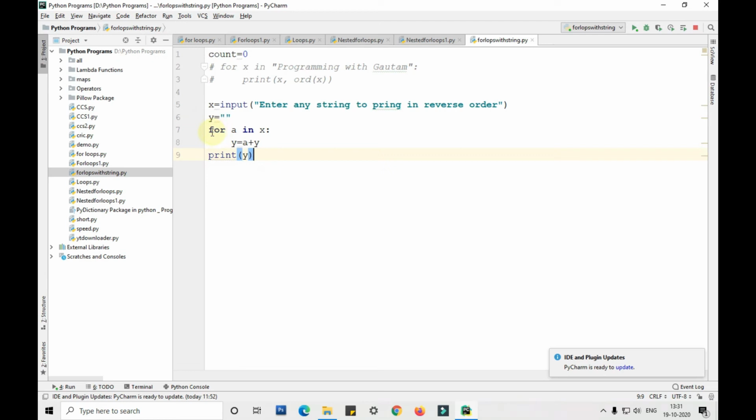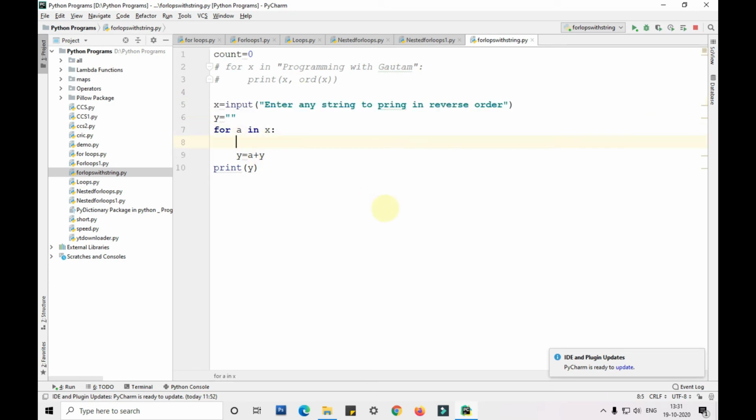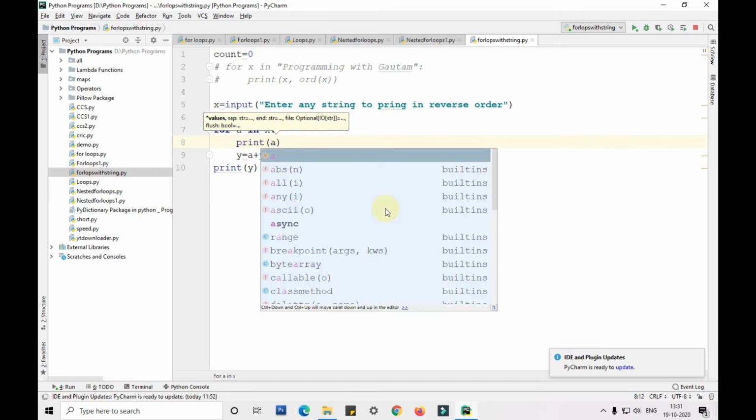After that, we are using the for loop, that is for a in x, for a variable in a string, whatever input we give. I'm taking y equals a plus y, that is I am adding each value to the front of that particular string. So for example, if I show you print a,